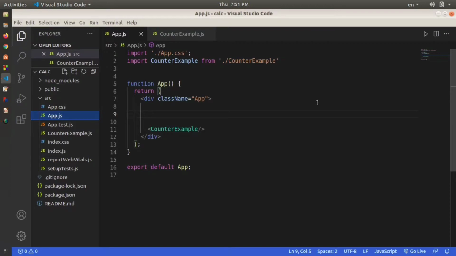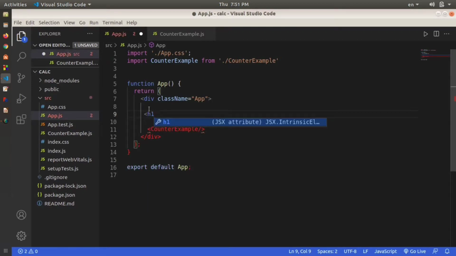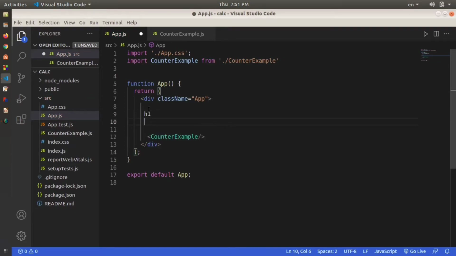Let me just show you how you can enable EMMET in your VS Code so that it can make your coding easier and faster. So here you can see if I write h1, the EMMET is not activated right now. So if I have to write the header tag, I'll have to manually write h1, then close it again, and only then will it give us the complete h1 tag. But if we enable the EMMET in React.js, then if we write h1 and press enter, it will give us the complete